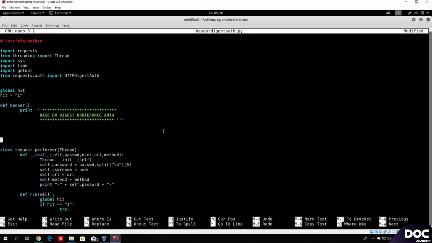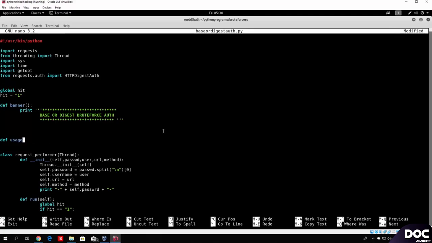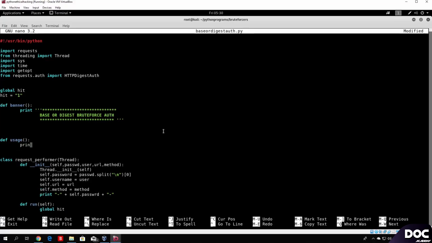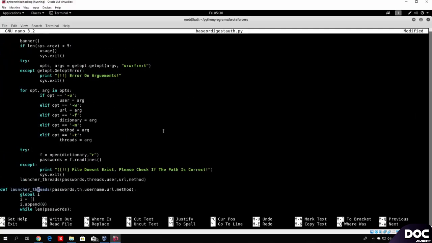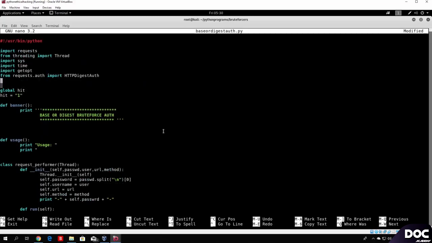So we can code the usage function right below the banner. So def usage, open and close brackets, and then the two dots. And we'll just print something like this. So print usage, two dots. In the next line, we can first of all use the W, which is for the URL, so we can just use that one first. We can tab it, dash W, two dots will be equal to the URL, and then, for example, we can just specify in the brackets http